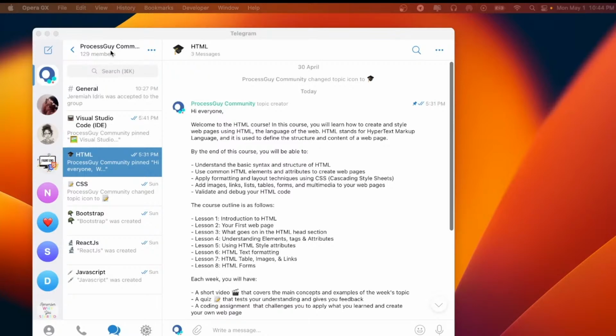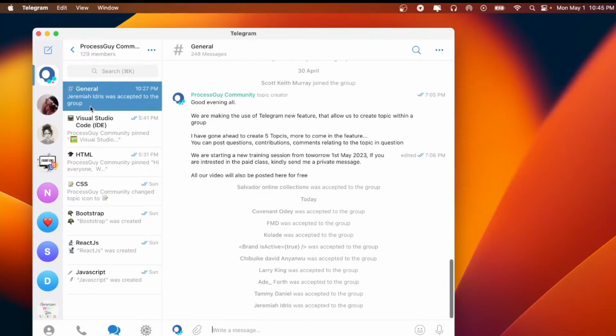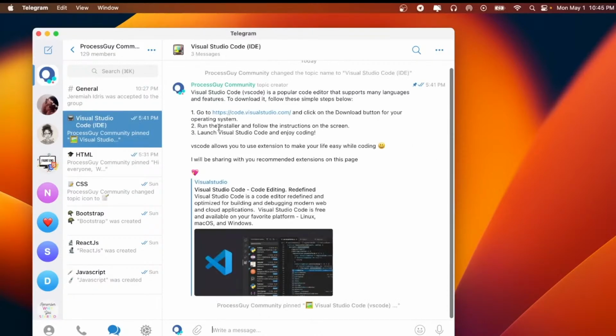The ProcessGuy community is divided into several topics, and you need to understand the way it is structured so that you can easily find whatever you're looking for. We have the general topic, which is just general in the literal sense. And you will notice we have a specific place for Visual Studio Code, which tells you that we've dedicated a specific topic for everyone to communicate and talk about